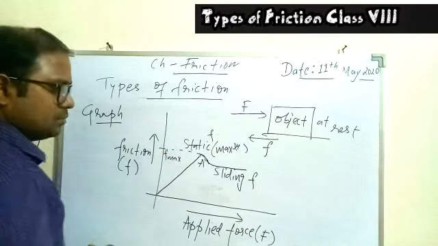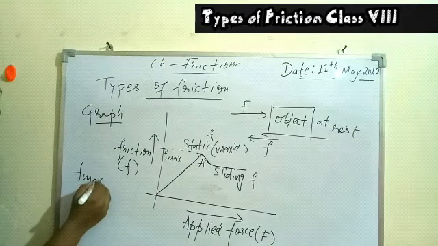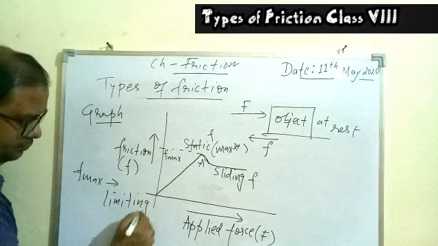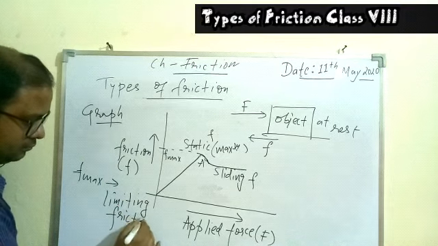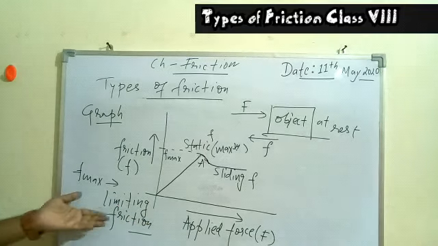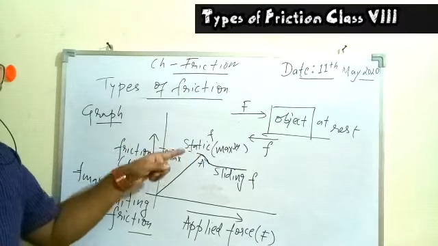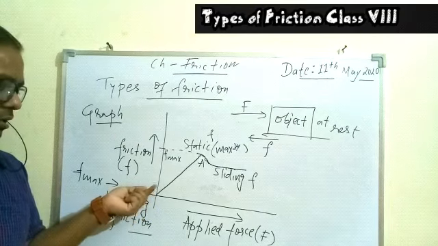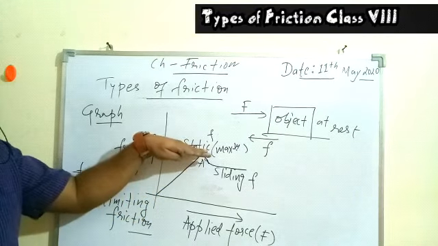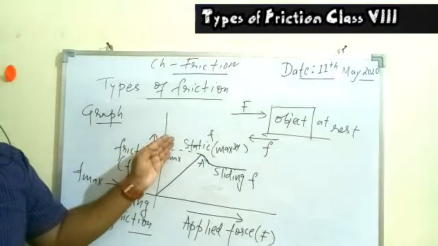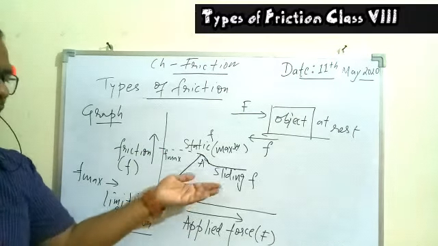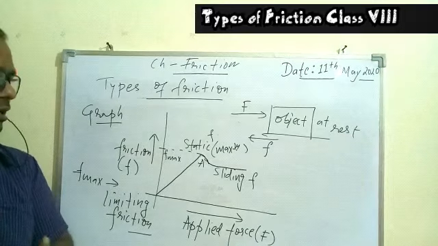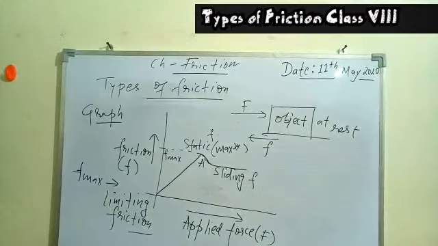So we can write F maximum, and this F maximum is also given a name called limiting friction. Limiting friction is nothing but the maximum value of the static friction. So one thing is understood: the static friction is not constant, it increases and finally it becomes maximum, which is also called limiting. After limiting friction, the object starts moving, then it can have sliding, it can have rolling, which will be quite less than the static friction. So that is how the graph looks, and I hope you understood.